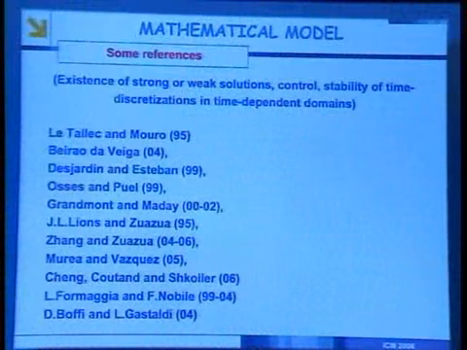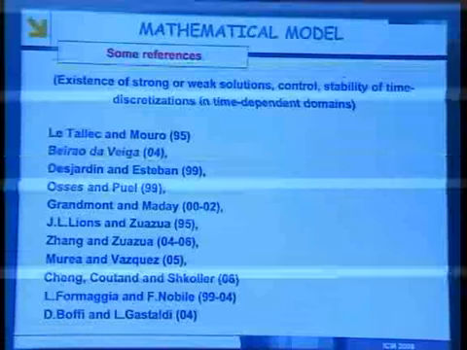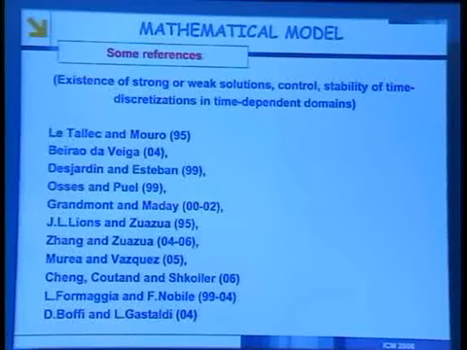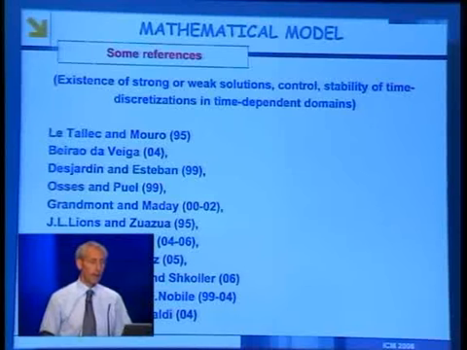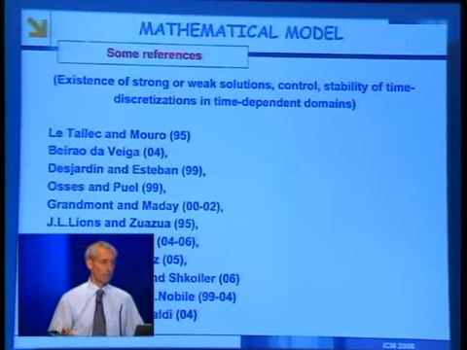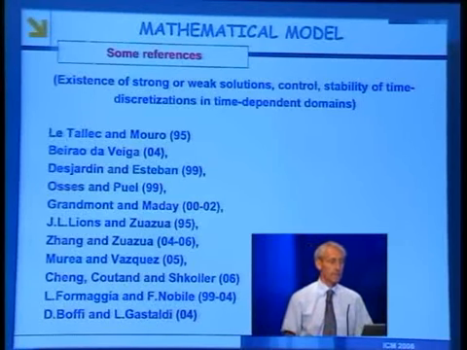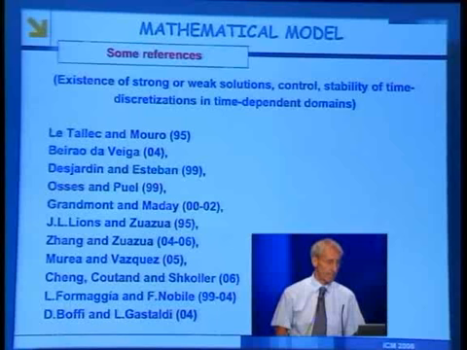And here are some references. There are very many people who have been working on those kinds of problems, not necessarily on the application to blood flow, but whose results are somehow relevant to this type of application. So let me quote the paper by Letallec-Moreau on the ALE formulation, the paper by Beirão da Veiga on the existence of a simplified model of fluid structure interaction, and along the same line, papers by Desjardins and Esteban, Saint-Raymond and Mademe on existence results for fluid structure problems, even though not necessarily applied to this specific kind of example. And then techniques used by Jacques-Louis Lions and Zuazua, Zhang and Zuazua